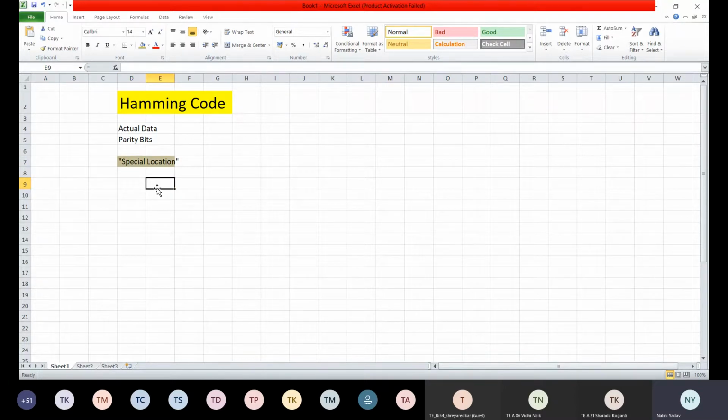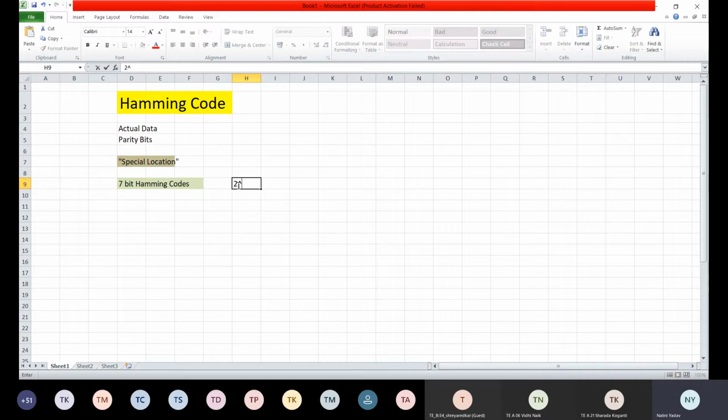Now, first we will take an example of a 7-bit Hamming code. So we are looking currently into the 7-bit Hamming code. Now we'll see what this 7 is. In this 7-bit Hamming code we will be deciding where the parity bits are to be put and where the data bits will come. How do we decide the positions of parity bits and data bits? It depends on the power of 2.